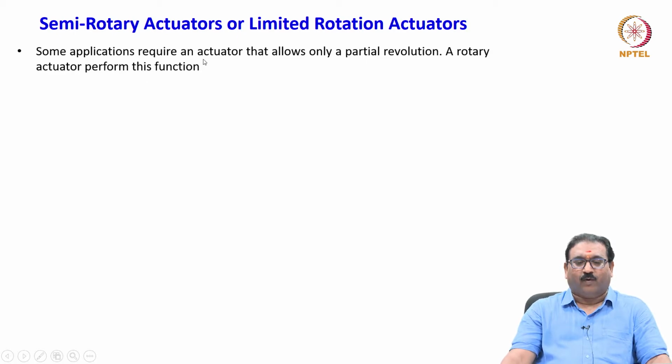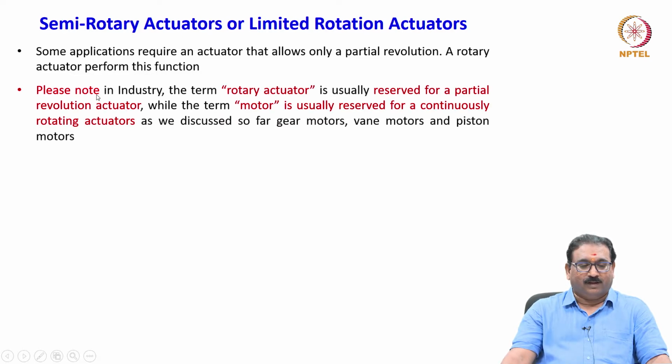Some applications require an actuator that allows only a partial revolution. A rotary actuator performs this. Please note, in industry, the term rotary actuator is usually reserved for a partial revolution actuator, while the term motor is usually reserved for continuously rotating actuators, as discussed